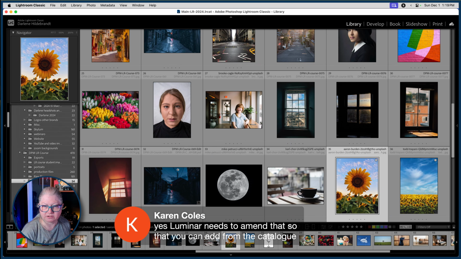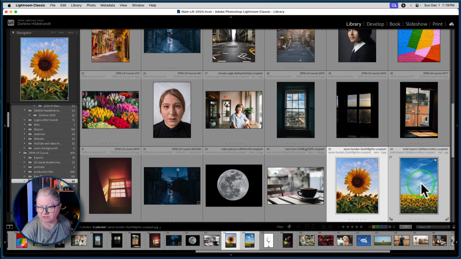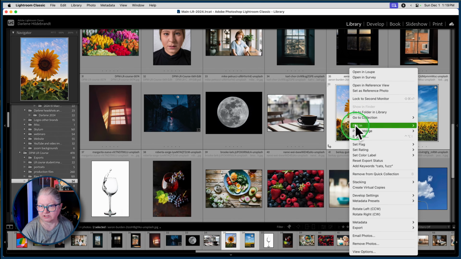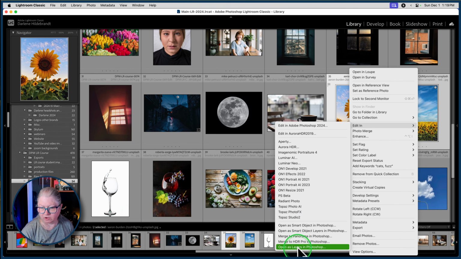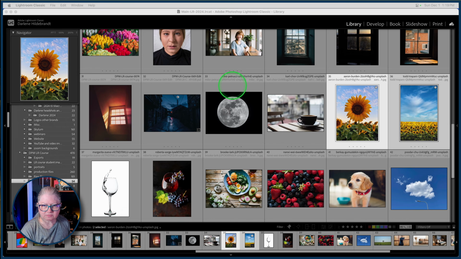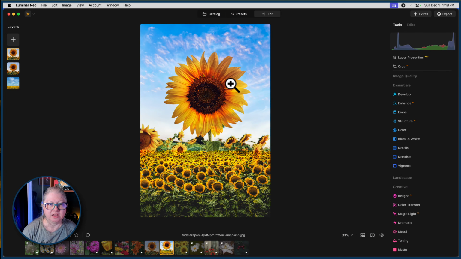If I just hop over here to Lightroom, the easiest way for me to do this is I just have to say edit in, open as layers, right? So then Photoshop stacks them one on top of the other for me, right? So yes, I'd love to be able to have that option in Luminar, and that's feedback that I gave them,